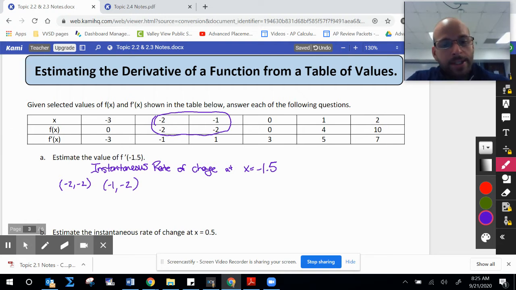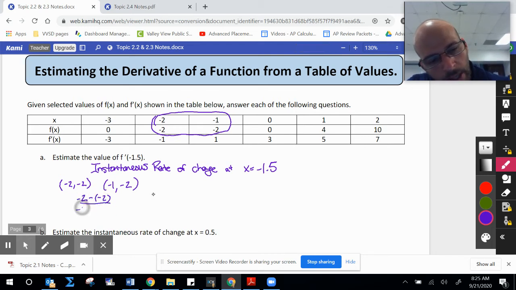Okay, so I'm going to say here, negative 2 minus negative 2 all over negative 1 minus negative 2 gives me a 0 over positive 1,